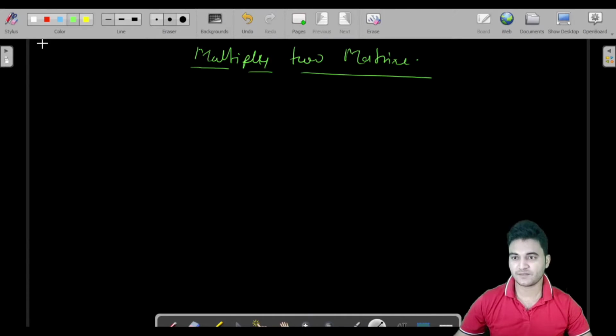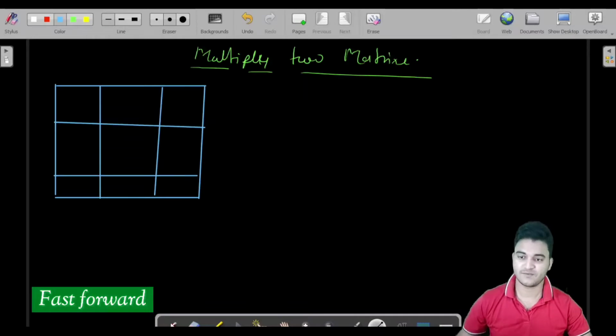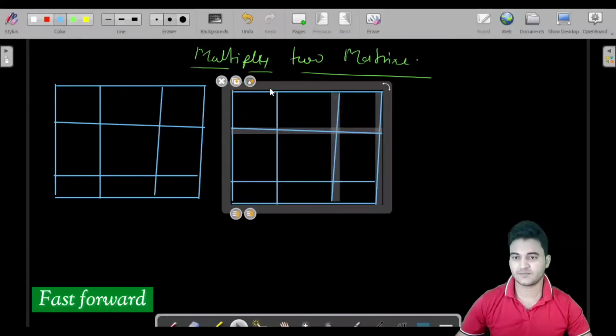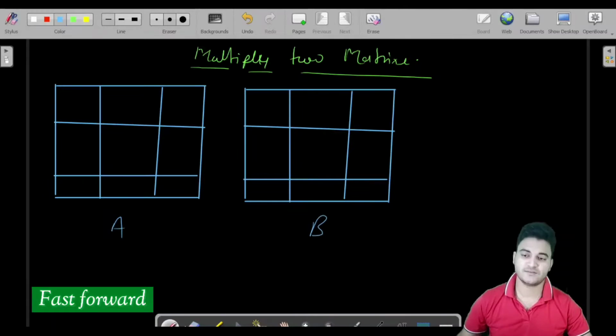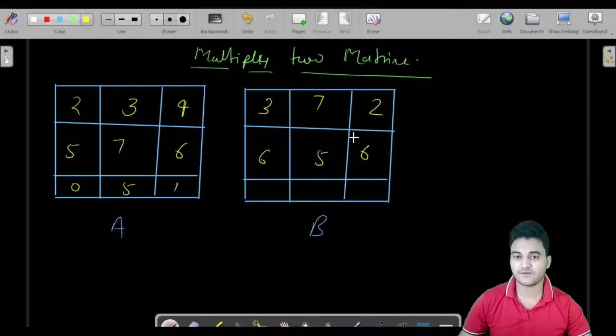Let us say we have been provided two matrices. Let me draw these matrices. Let us say you have been given these two matrices and you have to multiply both of them.